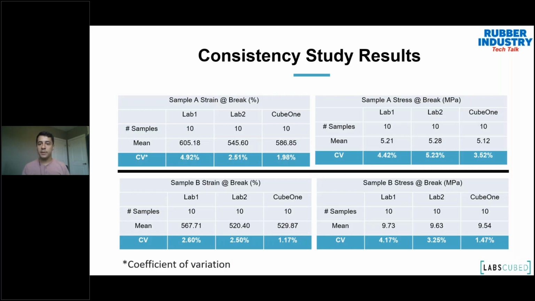You obviously want to make sure that when you're doing R&D, you're getting the best data and you're doing it quickly, and you don't have to test a ton of samples. You can test fewer samples and still get really accurate data. And in production, it's really important because it can tell you about issues earlier, because you know that your coefficient of variation is very low when you use automation. So anytime it starts to drift away from that, you can find those issues earlier. So these consistency results can be really important across the board.